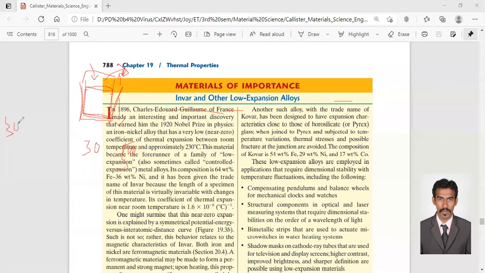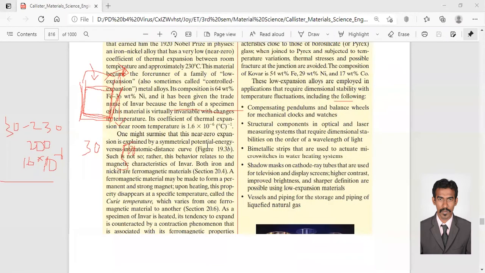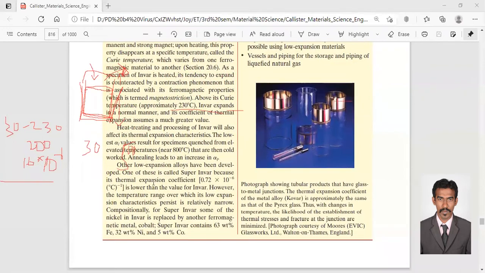Room temperature, 30 to 230 degrees Celsius, which is around 200 degrees Celsius, the thermal expansion coefficient is 1.6 times 10 to the power minus 6. But for Super Invar, that is 0.72 times 10 to the power minus 6. That is fine. But the temperature range is the problem. So it shows this only at a particular temperature range. Right? The temperature range is so narrow,